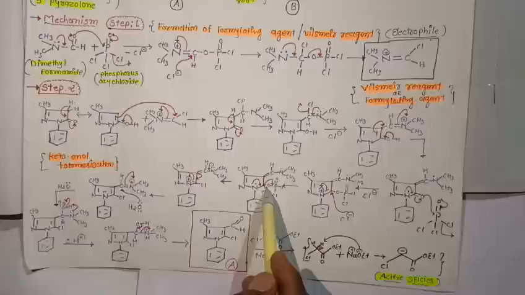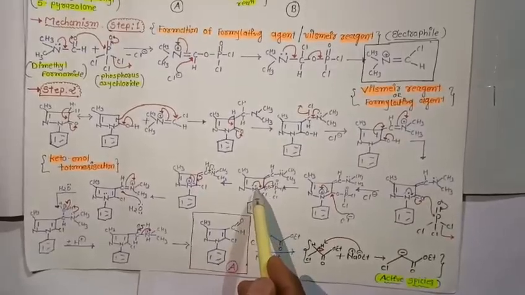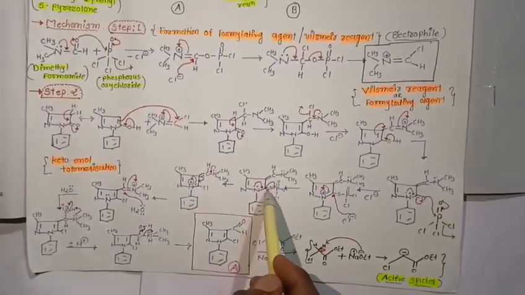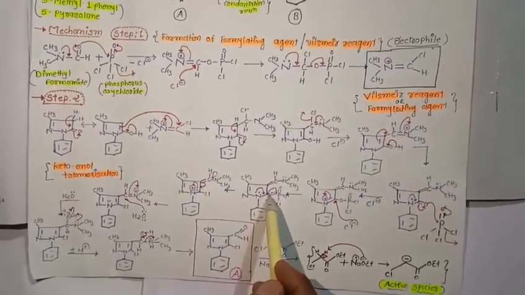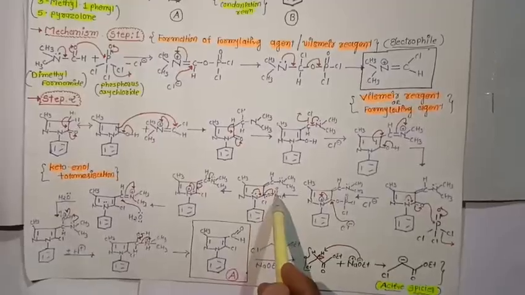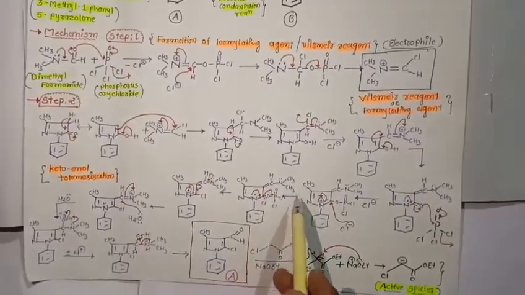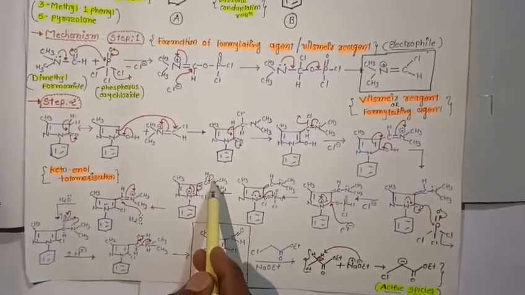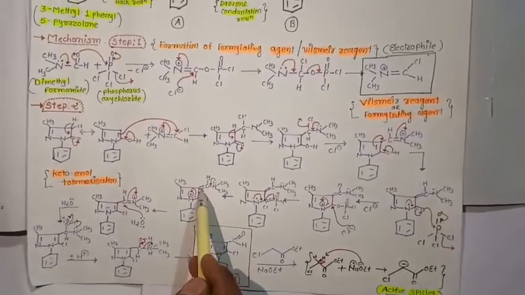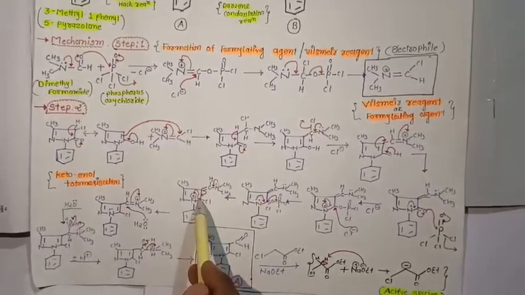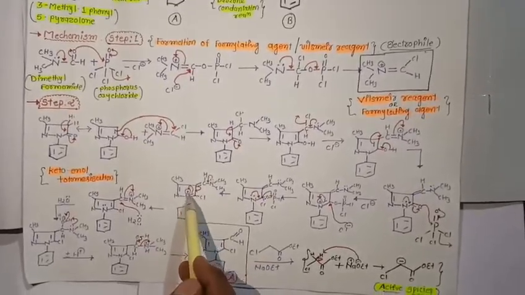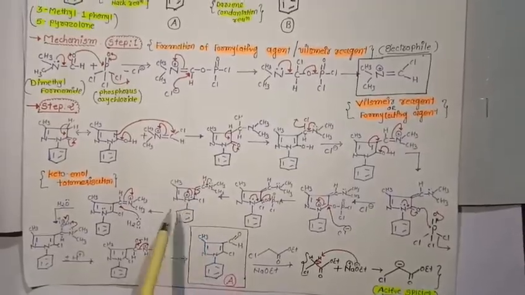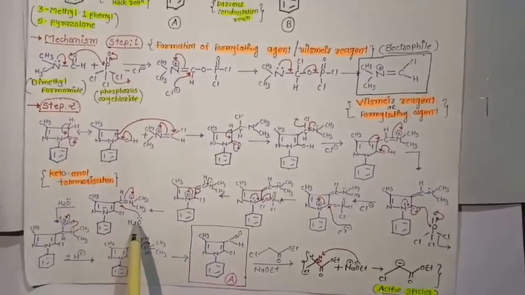So we get this type of moiety in which nitrogen has a lone pair, so it converts into a double bond, and these carbon-oxygen bonds shift toward the oxygen and phosphorus, so it leaves as a leaving group. So we get this type of moiety in which nitrogen has a lone pair and converts into a double bond, this double bond converts into this double bond, and the positively charged nitrogen withdraws electrons from this pi bond. So we get this type of moiety, and upon hydrolysis